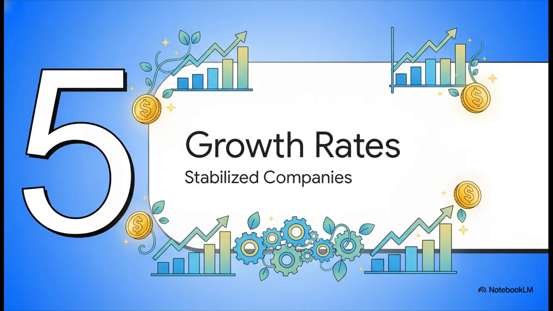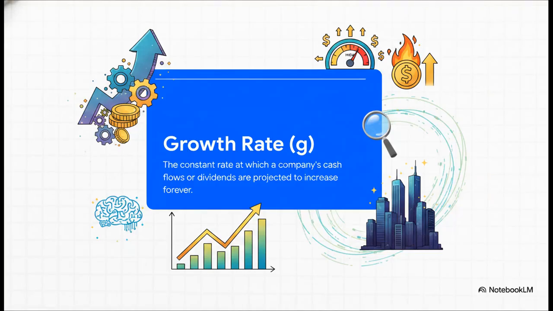Section 5. Understanding growth rates. So the really crucial point here is figuring out what happens when our cash flows aren't just unequal, but they are systematically growing year over year. Enter the growth rate, which we just call G. Once our company has matured and stabilized, we expect our cash flows, or the dividends we pay out, to grow at a constant rate forever. This G represents the perpetual engine of a stable company. It's our ability to consistently raise prices, innovate, and outpace inflation over the really long haul.